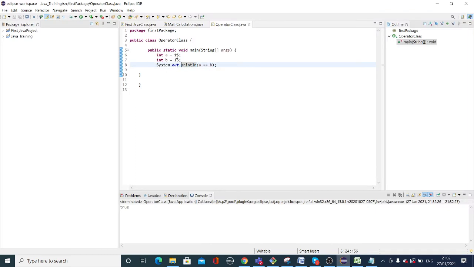Let me put int a equals 25, int b equals 15. They are not equal. So if I do system.out.println a equals b, it will say false. Can you see? False.